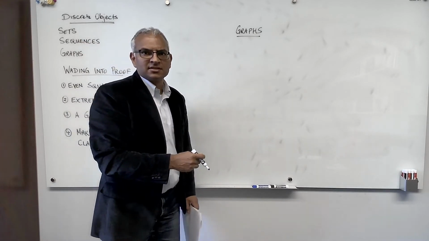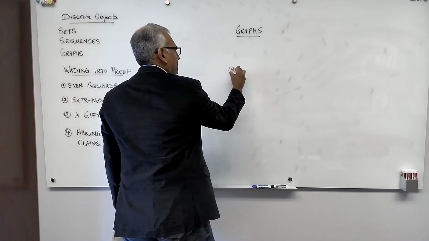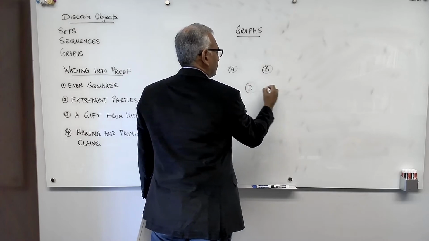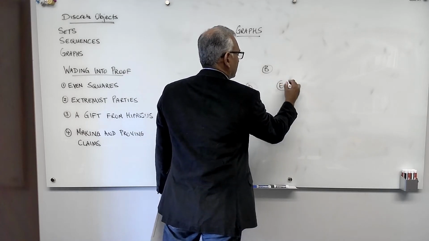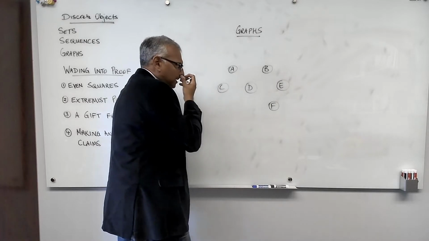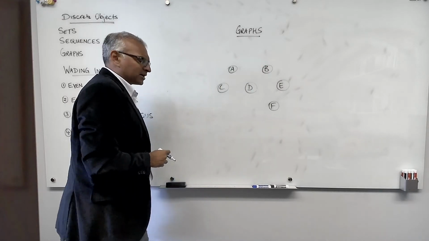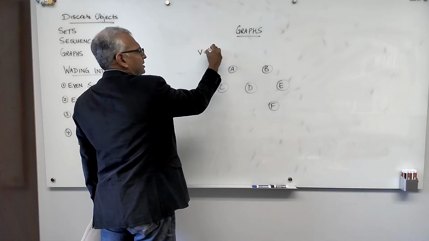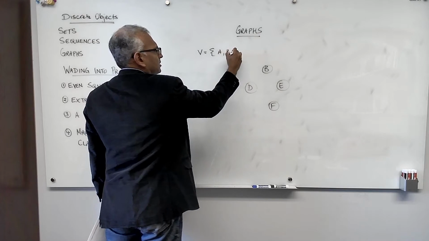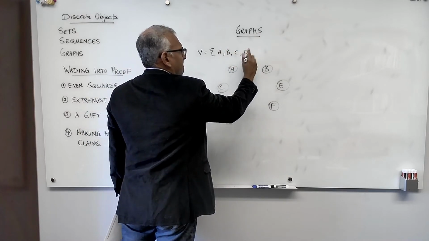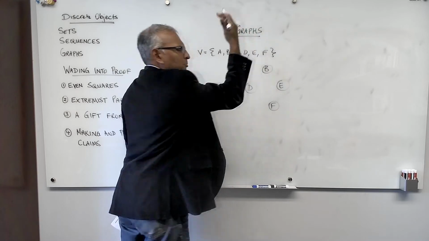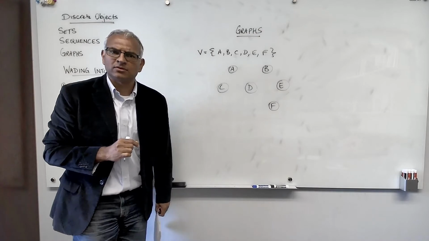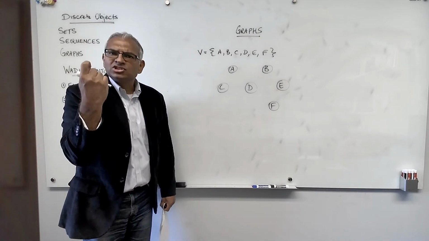So let's consider some people. Alex, Bianca, Charlie, David, Edgar, Fiona. Now, as far as we are concerned, this is just a set of people. We could represent the people as a set. Let's call that set V. So you have the set A, B, C, D, E, F. No problem. Perfect. But notice how this set doesn't tell you anything about who's friends with whom, and that's because the friendship